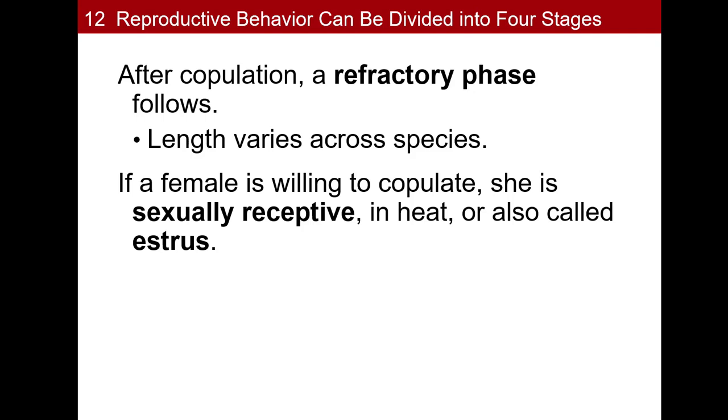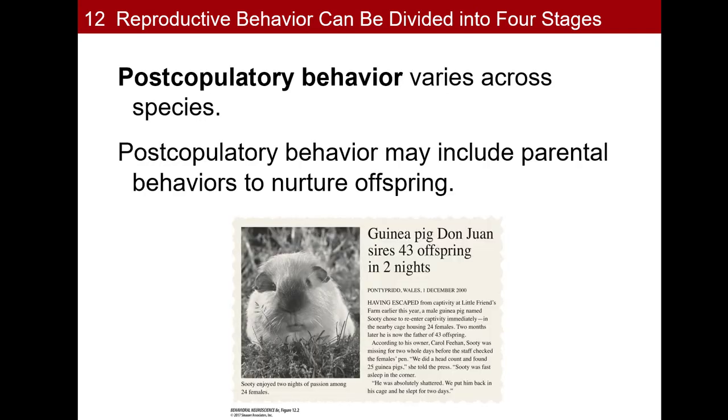There'll be a little bit sprinkled throughout here, but I think we usually use these terms, like in heat and estrus, when we're thinking about animals, and it can certainly seem derogatory, demeaning to apply these to humans, for sure. Okay, but if we have copulation, which is the actual sexual activity, and then we have post-copulatory behavior, what happens after the sexual activity is finished?